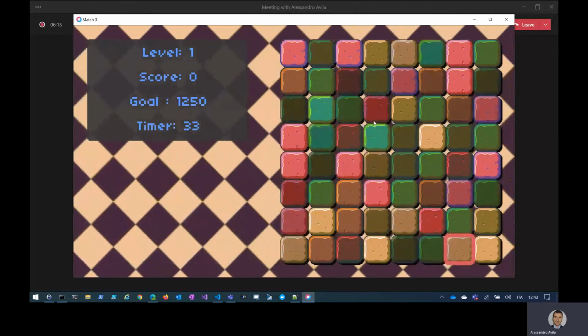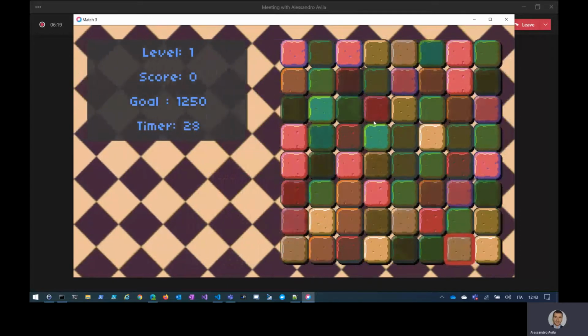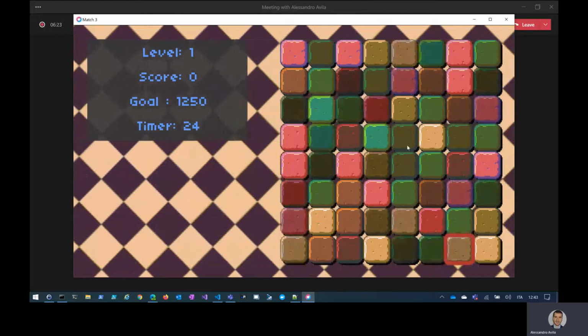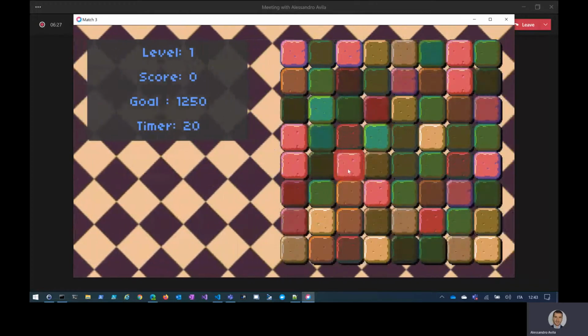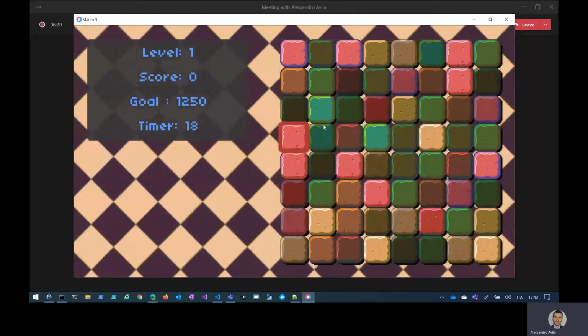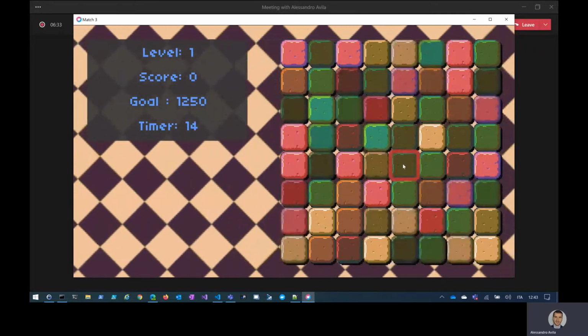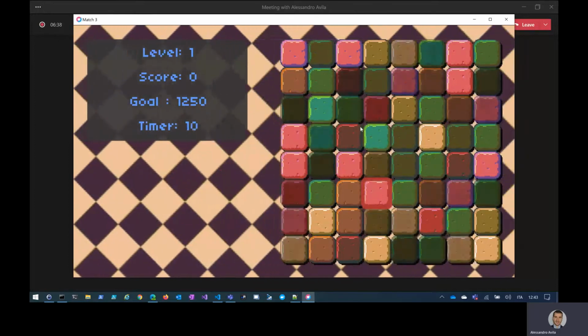The final feature that is actually an optional one is implementing matching using the mouse. So here I can use the pointer to jump from a tile to another one. So it's easier to work. It's easier to play in this case. So I can basically work